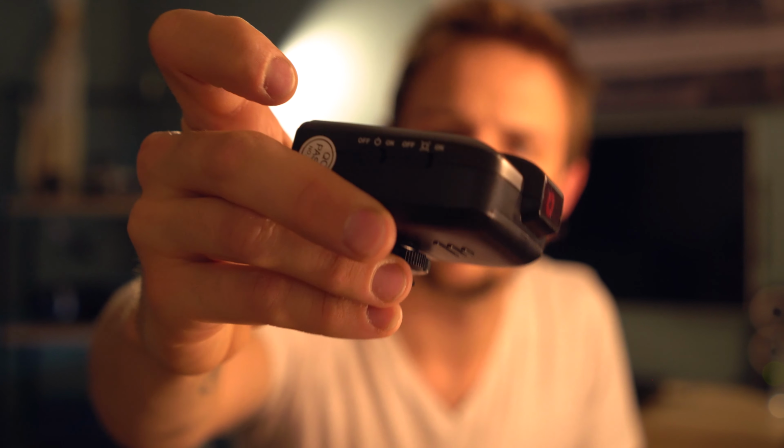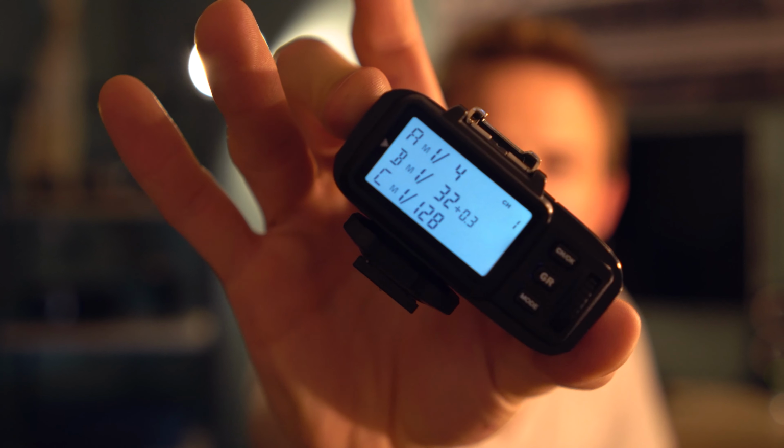The one thing I have found, though, just in case y'all go out there, it has a little modeling light switch. Doesn't work for me. If the flash is turned on first, and then I turn this guy on, it'll turn off the modeling light, and then I can't turn it back on from here. Realize my transceiver isn't on, turn it on, and it'll turn off my modeling light, which just sucks. Yeah, that's the only thing I don't like about this,